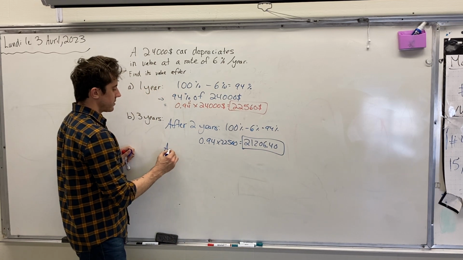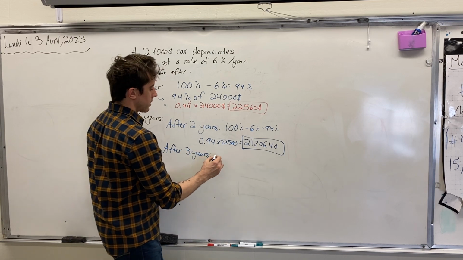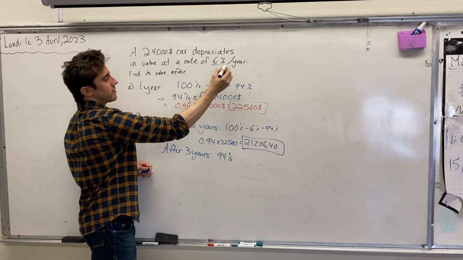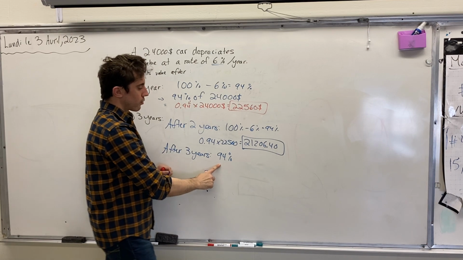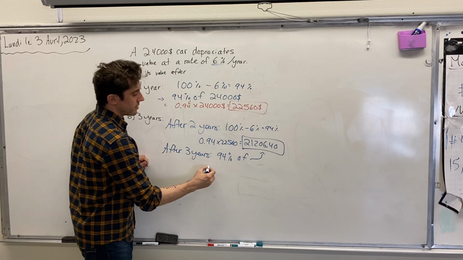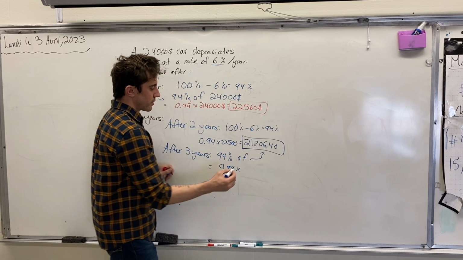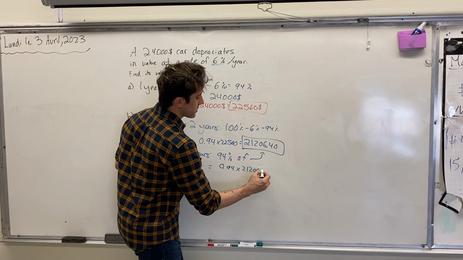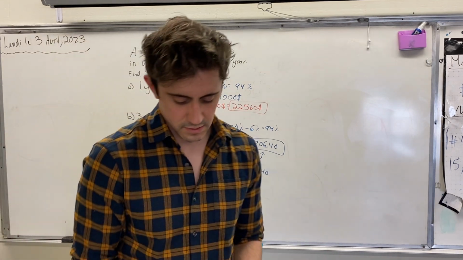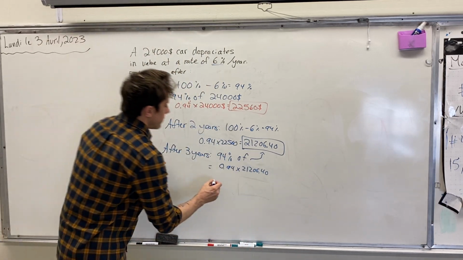And so finally, after 3 years, which is what we were after from the get-go, we're going to go down to 94%, again, dropping by 6% per year. So we're now 94% of the previous year's value. And so again, we convert the percent to a decimal, 0.94, multiplied by 21,206.40, and multiplying by 0.94, we get